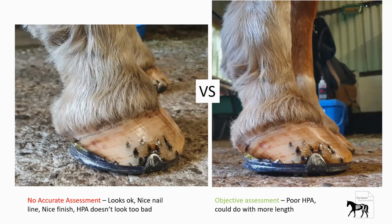But what's really great there, and I see it a lot online, is people go, oh, look at this great shoeing that I've done, and they're taking a photo from 5 feet in the air or 6 feet in the air, which, exactly what you've proven there, means very little. Yeah, exactly. When you get down to ground level and you take the photo, different story. I think farriers should be taking photos regularly of their work. Yeah, I do too. And again, it's important that they take ground level photos,